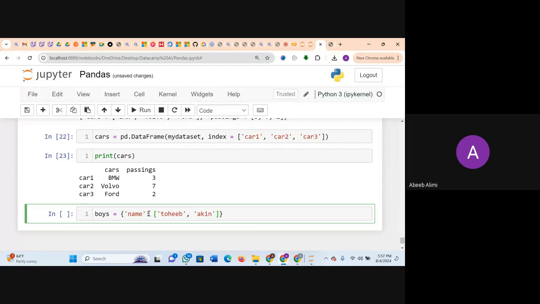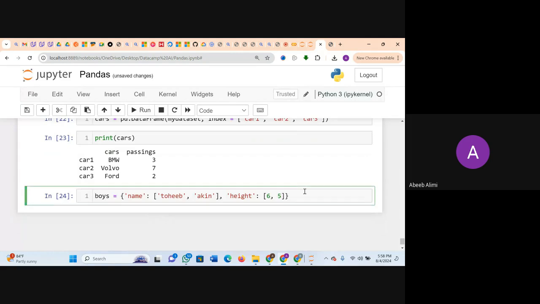Come in here and let us create another thing and call it, say, height of these boys. Then we can now come in here and say the first height is 6, the second is 5. So we have created a dictionary.